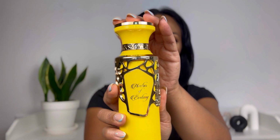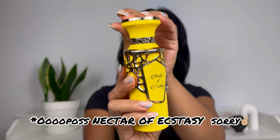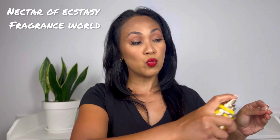Right, next up, I think is a new release from Fragrance World, Nectar of Fantasy. And yes, this has a very pretty bottle and it is yellow, my favorite color. Anyway, let's talk about the scent. I find this one very interesting, okay? Because